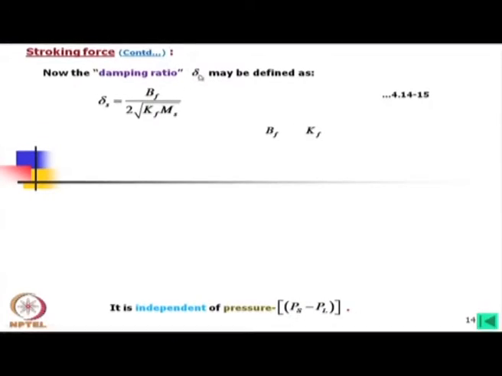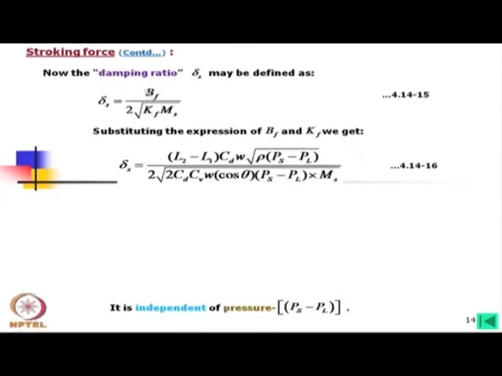Now, the damping ratio delta S may be defined as P f by K f m s. This is also standard, it is called a damping ratio. Now, this damping ratio,